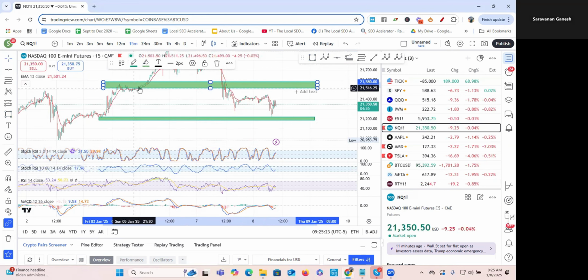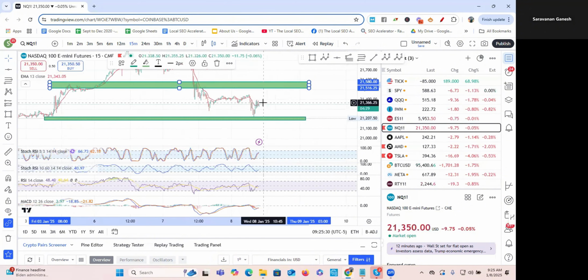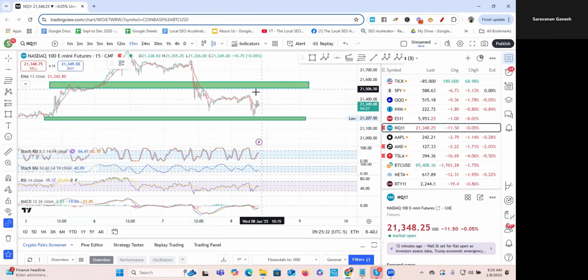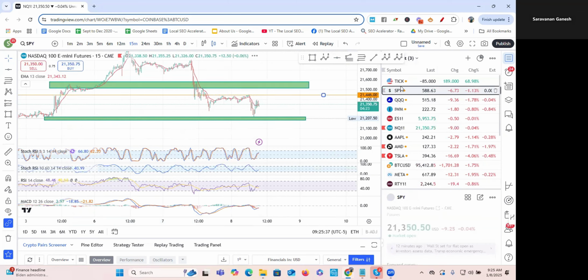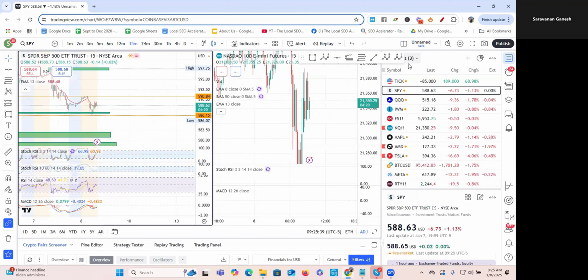Market hit here, came back, hit here, then it flipped into a support. But it fell down here, it hit here, it is now acting as a resistance. So I can draw these two lines if I want to. And maybe a line here just to know that this was also a resistance. So if I go back here, now I have the SPY,